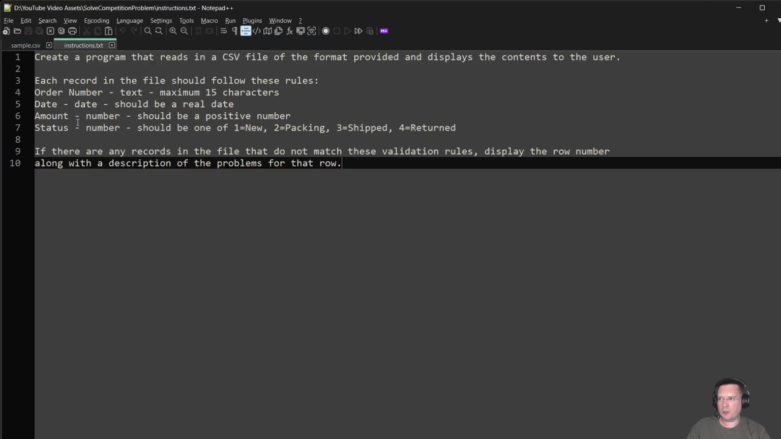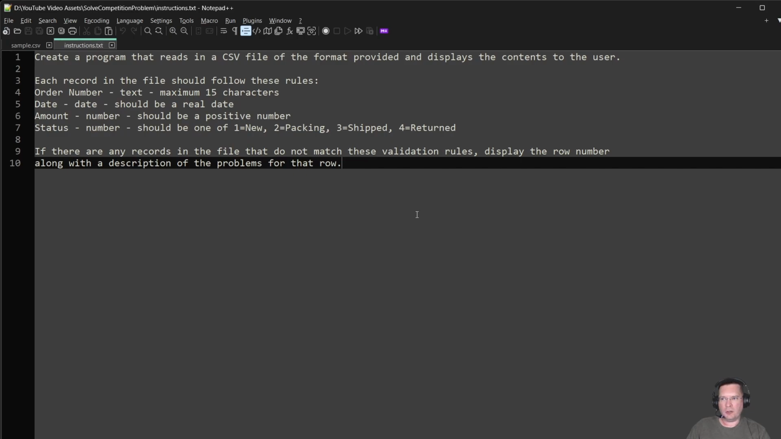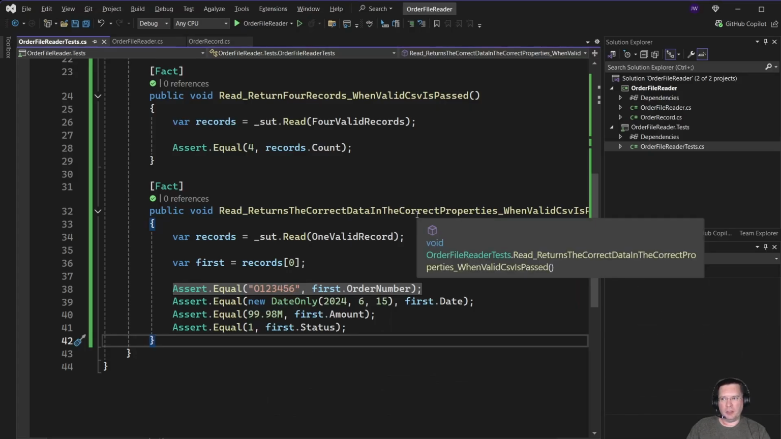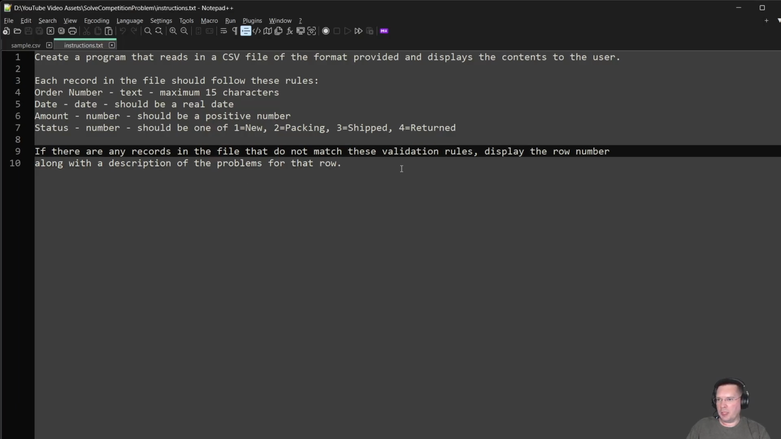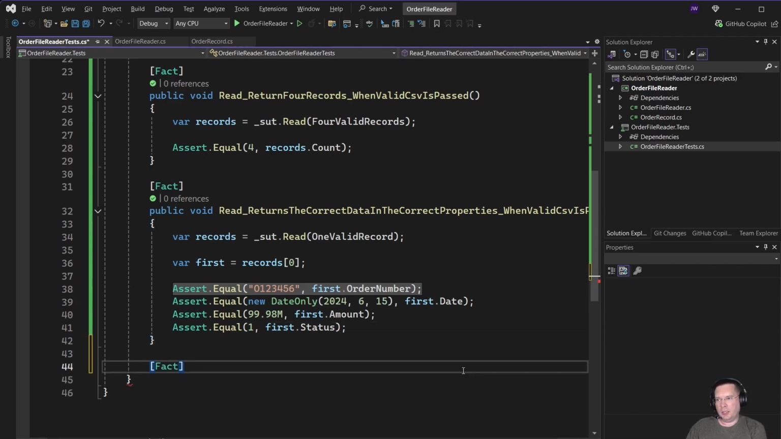So in the instructions, it says the order number can only be a maximum of 15 characters. So what if that order number was more than 15 characters? Well, we would need to show an error, right? And so because the requirement is that if the file doesn't match the validation rules, we want to display the row number along with the description of the problem for that row. Okay? What we need to do is write a test that would test for an order number that is too